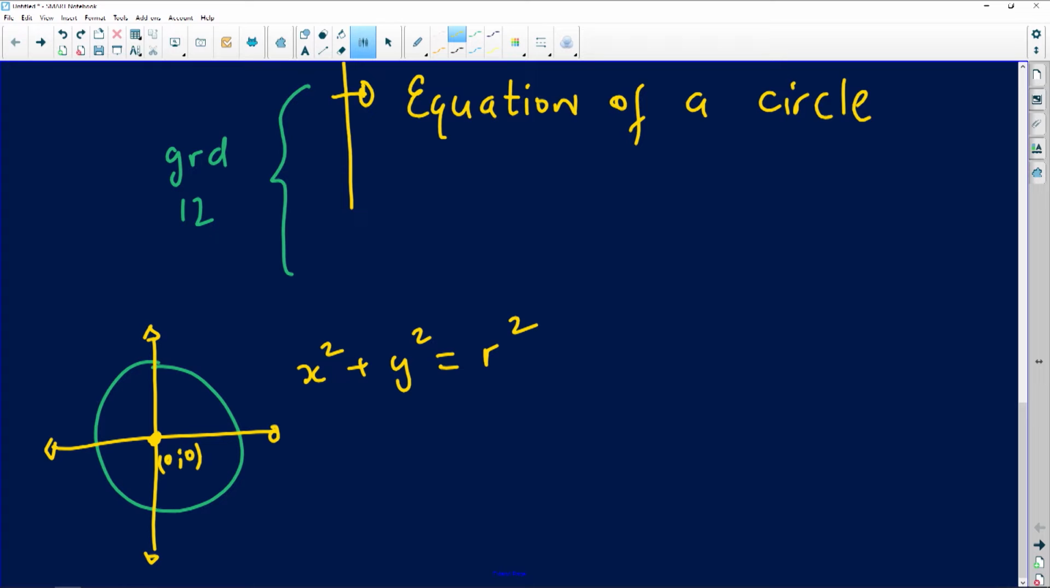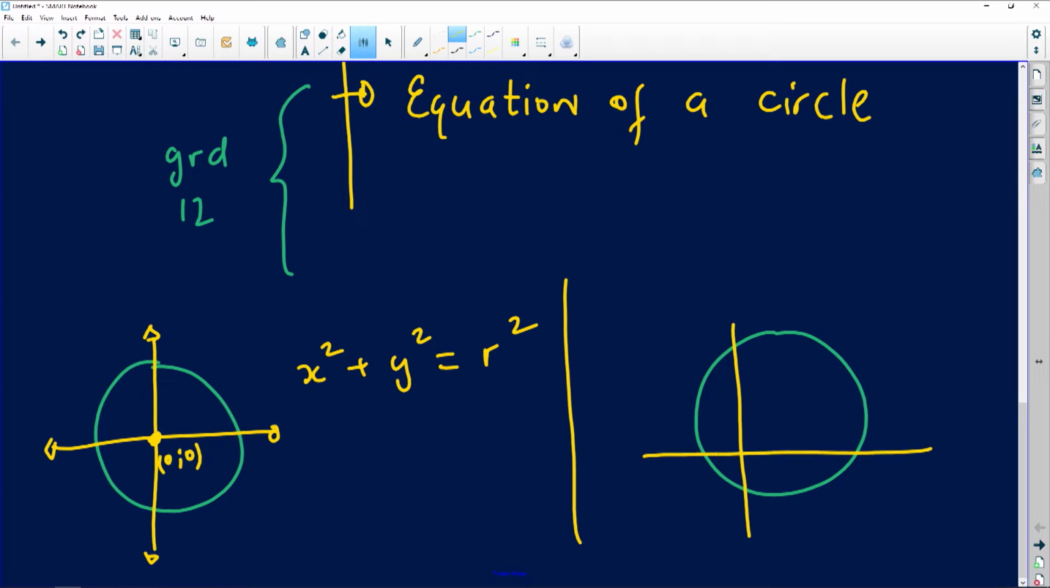If your circle happens to have a center somewhere else, anywhere on the Cartesian plane, like this one here, and maybe your Cartesian plane looks something like that, you will agree with me that the coordinates of the center are not going to be at the origin. They'll be somewhere there. So we normally denote those as a and b, and we obviously have the radius of the circle, which is given by r. The equation of this one will be